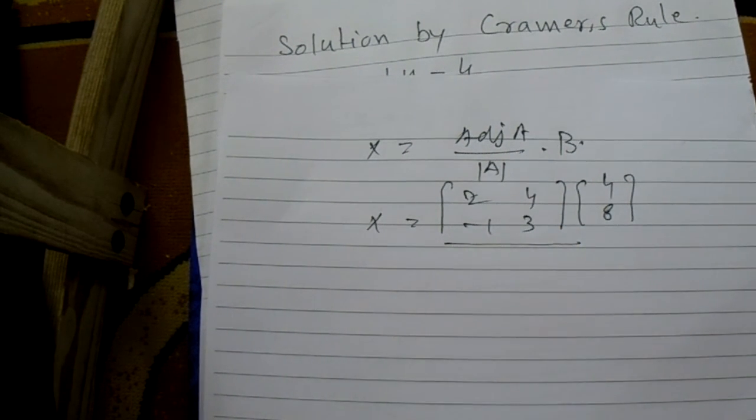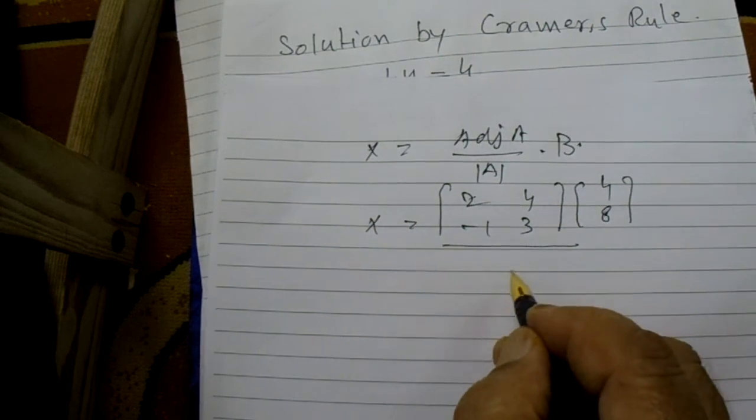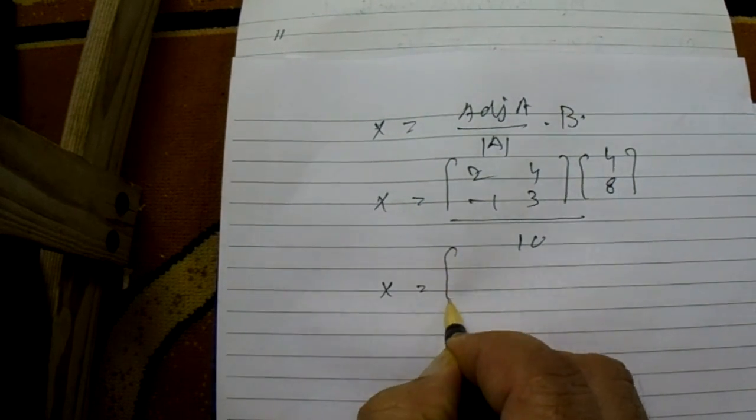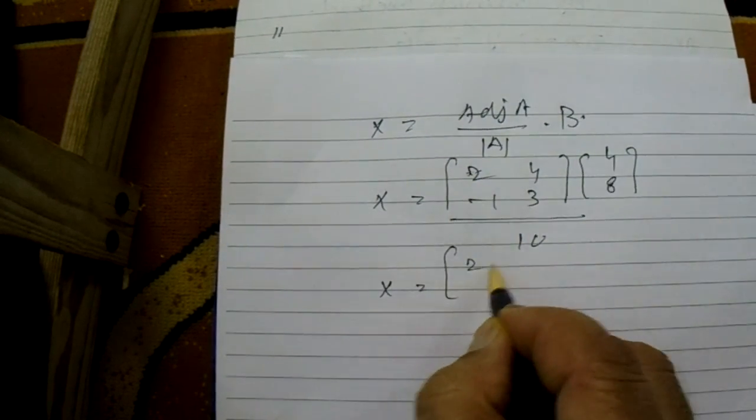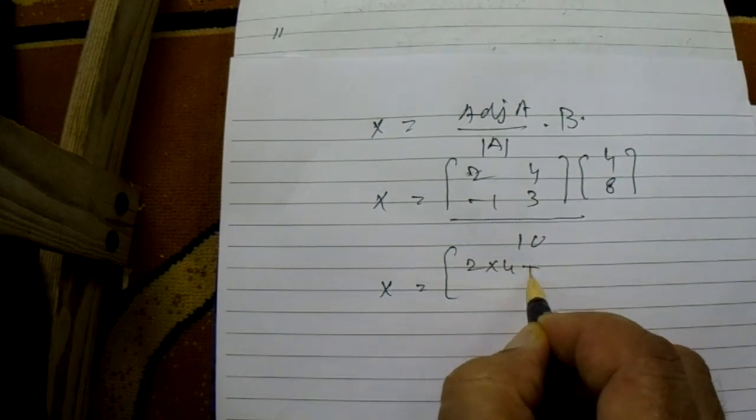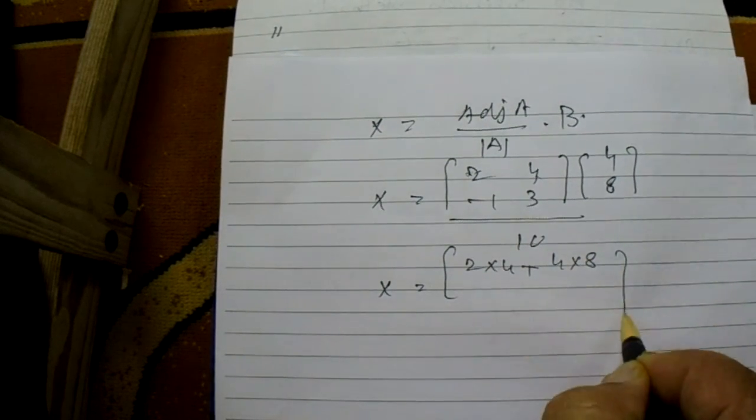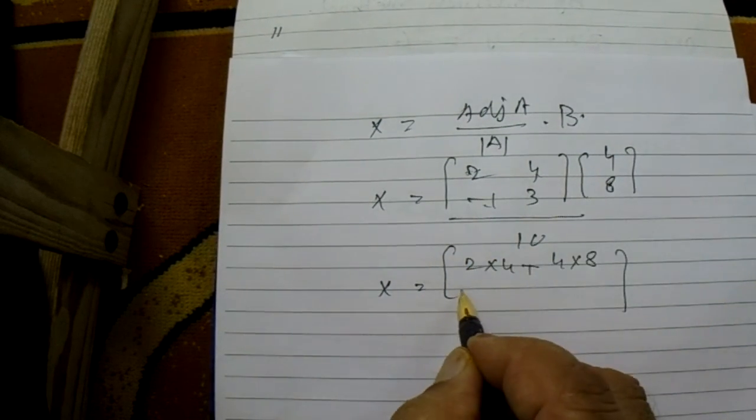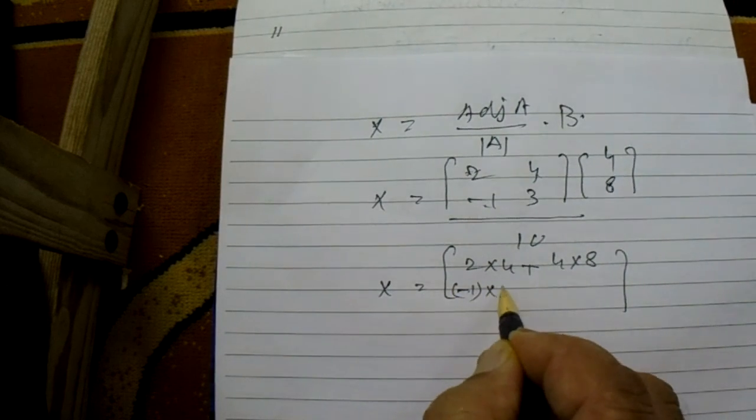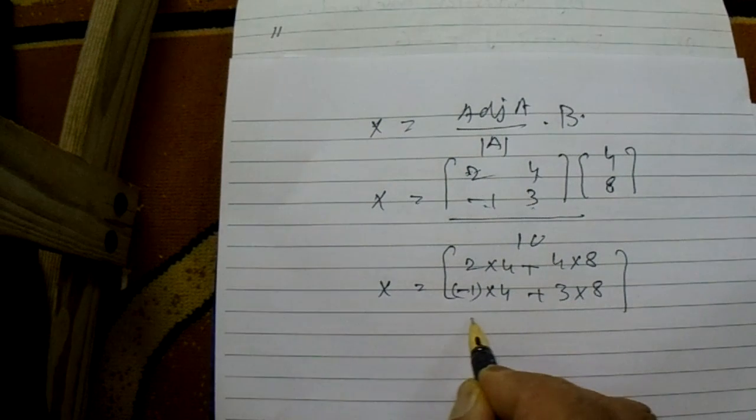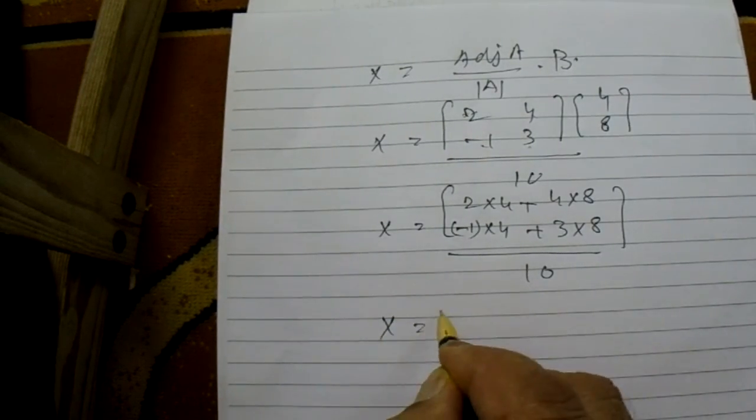The determinant of A is equal to 10. Now we multiply. X is equal to 2 multiplied by 4 plus 4 multiplied by 8, and minus 1 multiplied by 4 plus 3 multiplied by 8, all over 10. Now again X is equal to